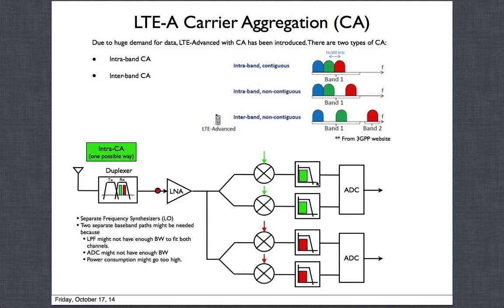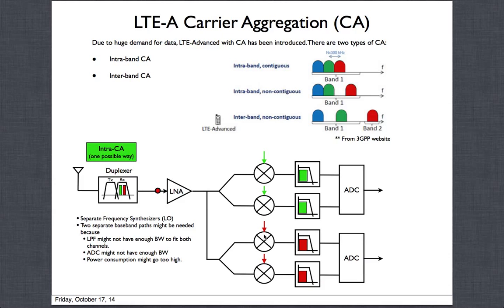So this ADC will be processing the green information. Similarly, just by shifting the LO, which has to come from another synthesizer, you can see that you have a green LO and a red LO. These are two different frequencies. That means it automatically tells you, rather than having one frequency synthesizer, you will need two of them to do something like this, just because they are in two different frequencies.